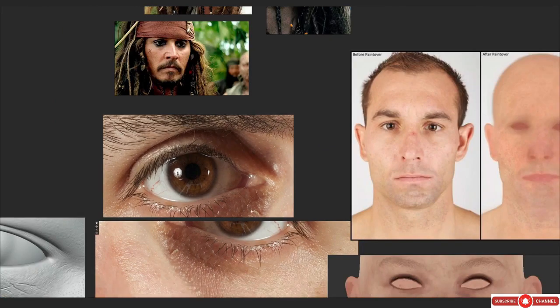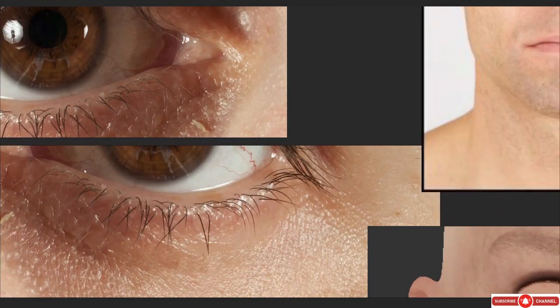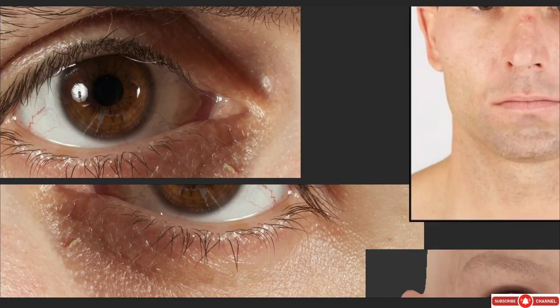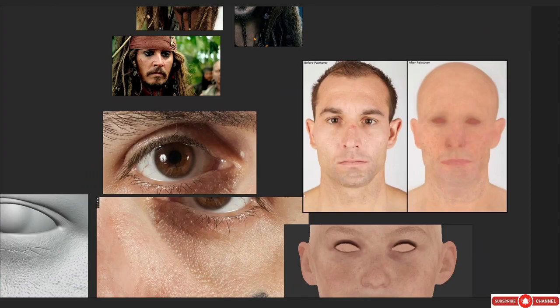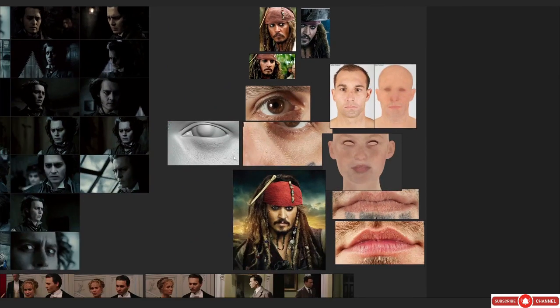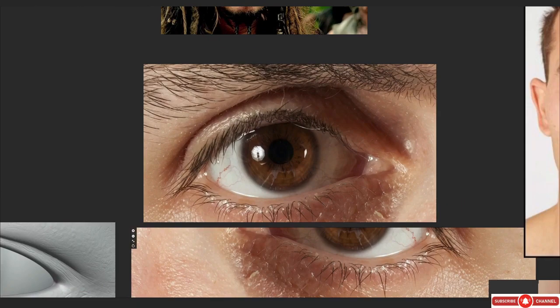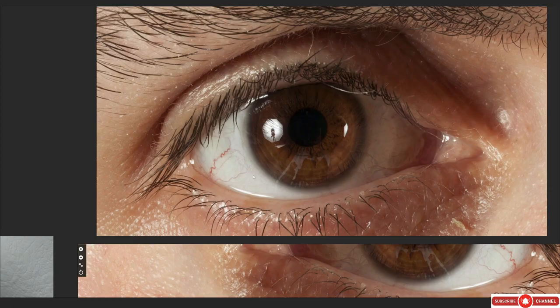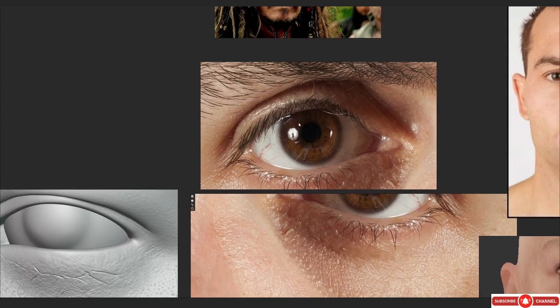So it's kind of like they are growing from the corner and going towards the middle of the eyeball. So we're going to be keeping that in mind as well. When we'll be painting all the veins and stuff, we're going to make it look like they're coming out of the corner and going towards the middle of the pupil basically. So yeah, we're just going to have to keep that in mind.